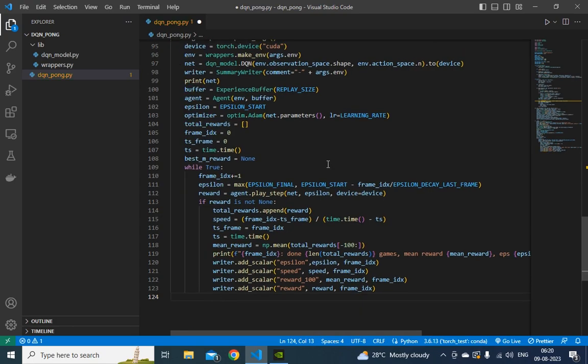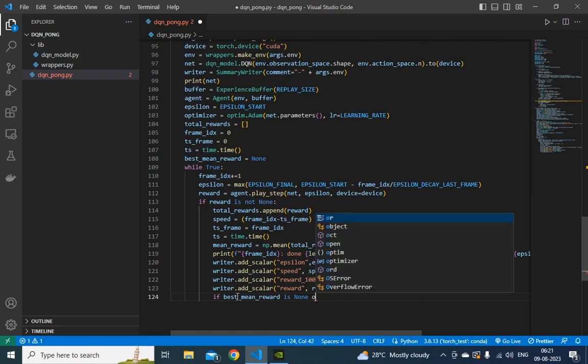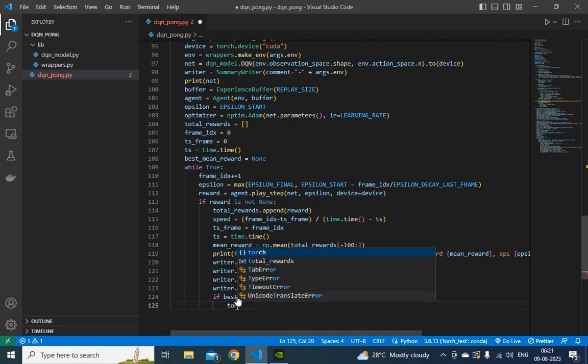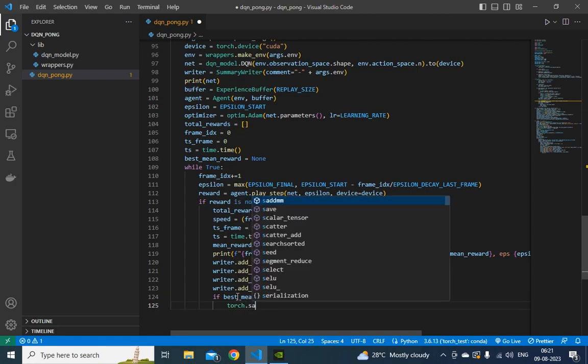Now we'll check the condition: if best mean reward is None or best mean reward is less than the mean reward, we're going to save that specific model. So first let's write the full names. Okay, if best mean reward is None or best mean reward is less than the mean reward, then we're going to save that specific model, torch.save